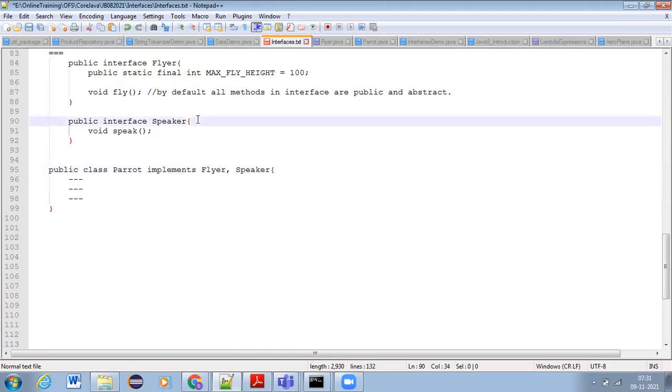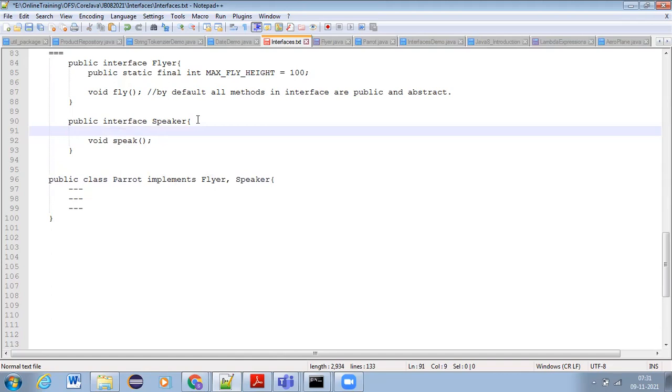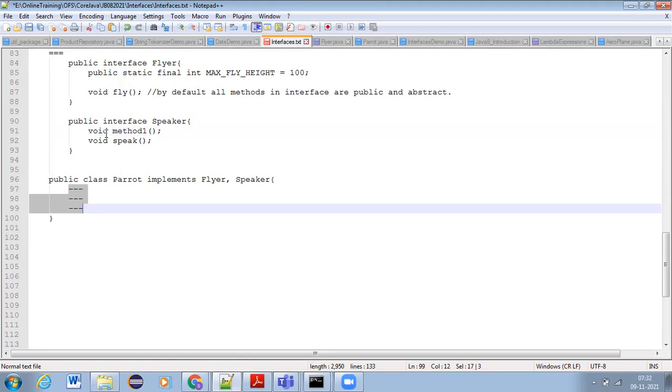Along with this, it can write any extra methods if it wants, but the minimum is two methods. Why? Because it is implementing these, right? In the Speaker, along with this, if you write some other method, let us say now, void method one, how many methods do we need to write in Parrot now?